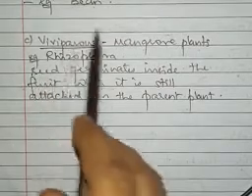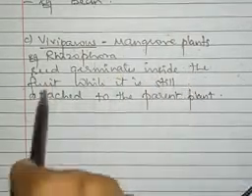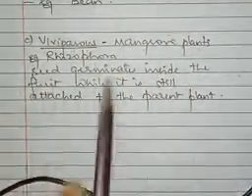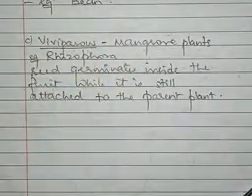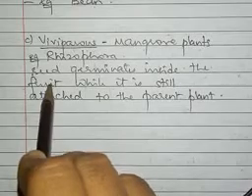In these plants the viviparous type of germination takes place. Now, what is viviparous germination? In this case, the seed germinates inside the fruit. We have not seen any such condition in the examples that we discussed earlier, whether it is bean or pea or maize. No such thing was observed. We saw that the seed is germinating in the soil. But here we find the seed germinates inside the fruit.